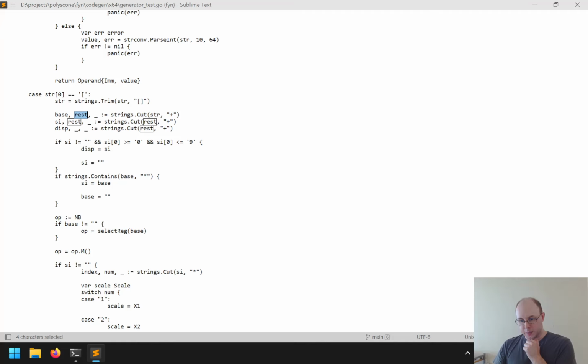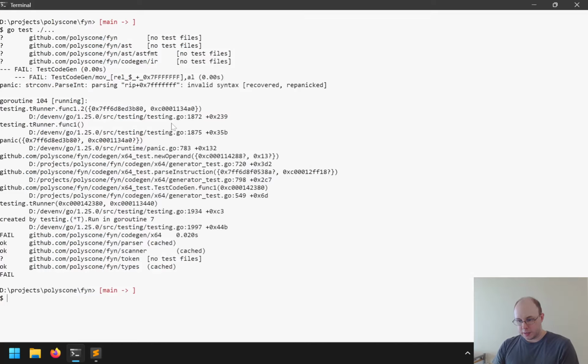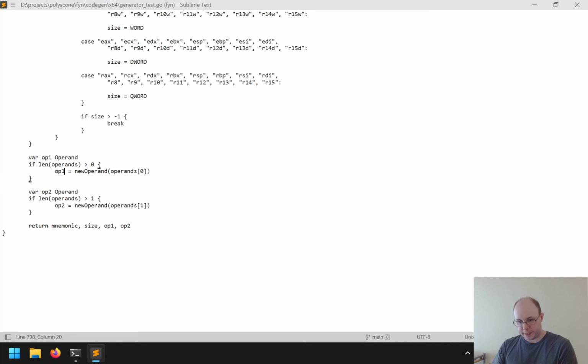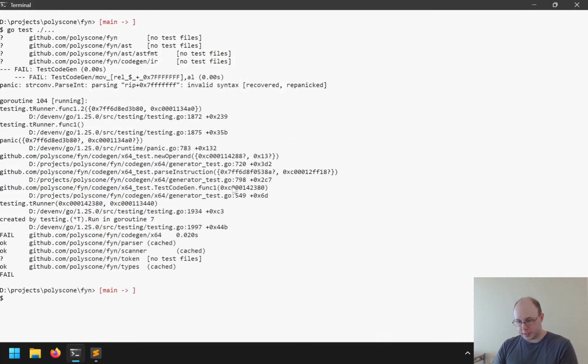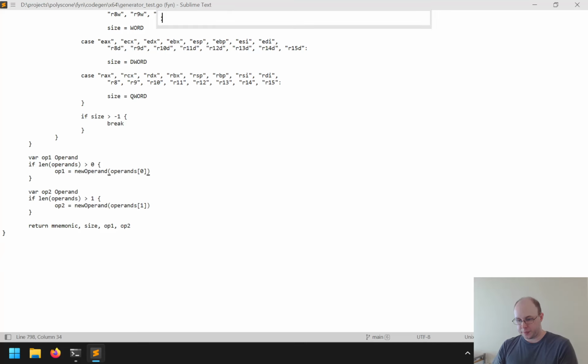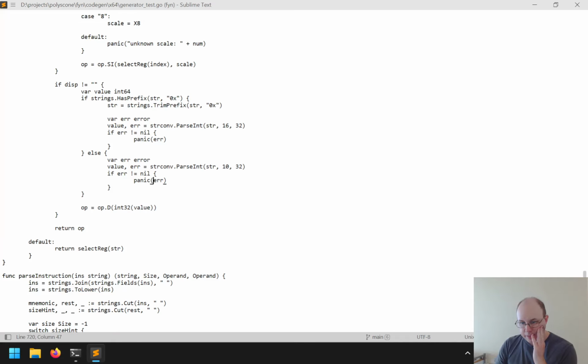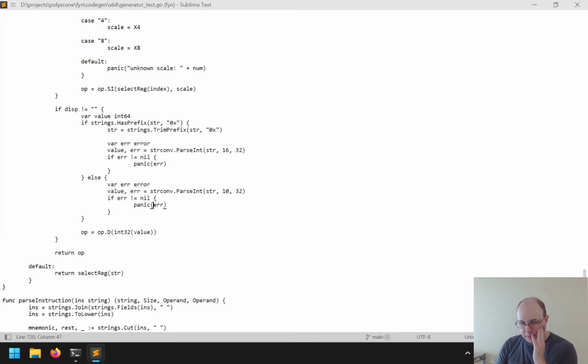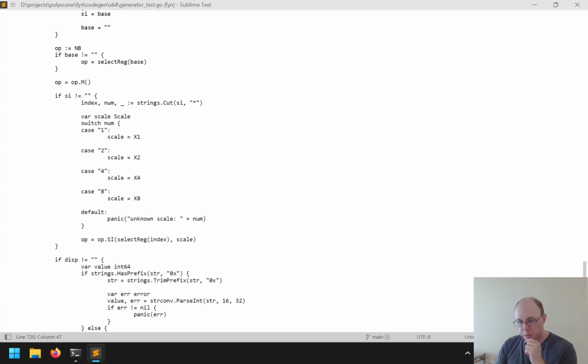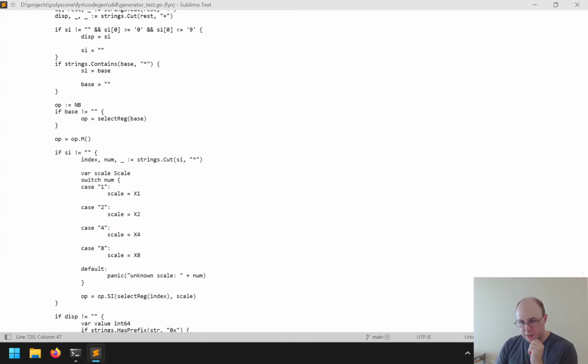That's being cut as well. And this is panicking on which one? Here. Oh, let's go back into, so we got probably this one. So it's panicking over here. So it seems like we think that displacements